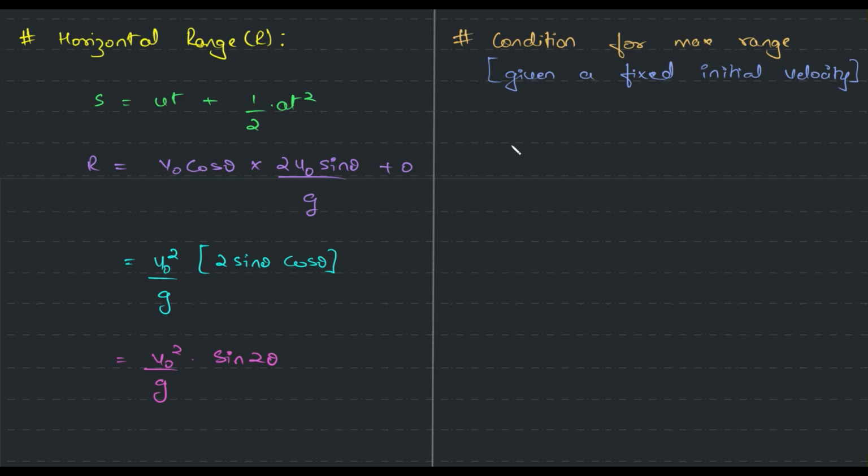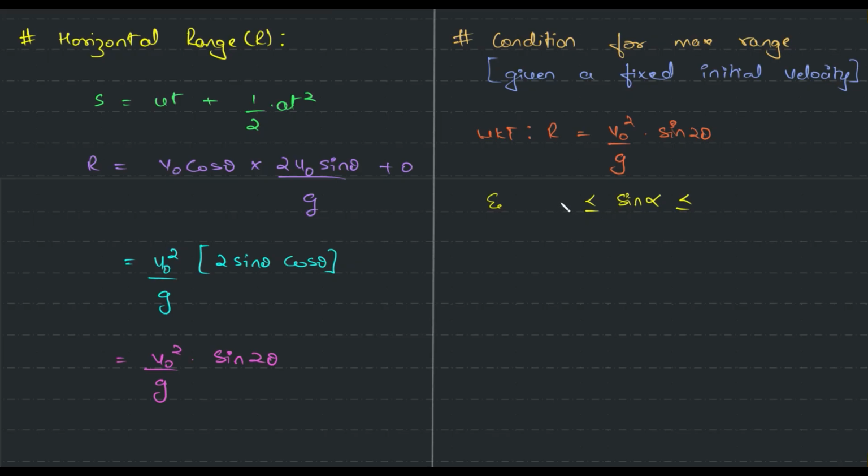Okay, so we know the horizontal range. Now we're looking at maximum range. So we know that range is given by V naught square by G sine 2 theta. Honestly, if you know derivatives, this is much simpler. Or if you know trigonometric functions, that also is good enough. And we also know that sine of any angle, sine of x, or let me call it sine of alpha,